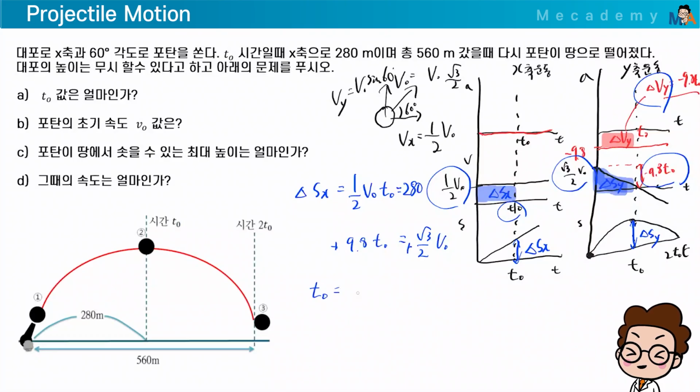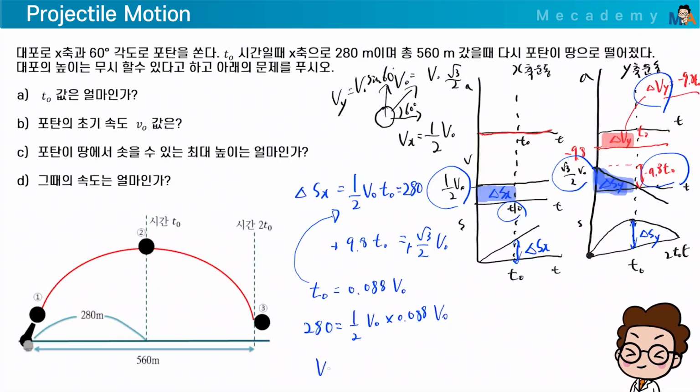Let's rearrange the equation in terms of t0. Let's calculate this a bit more neatly with a calculator. Now this t0 comes out to be 0.088 times v0, like this, okay? We can substitute this value here. So, if we substitute, v0 will come out. Right? Then let's substitute it. 280 meters is 1/2 times, then this is v0 times 0.088 times v0, right? Okay, let's do the calculation.